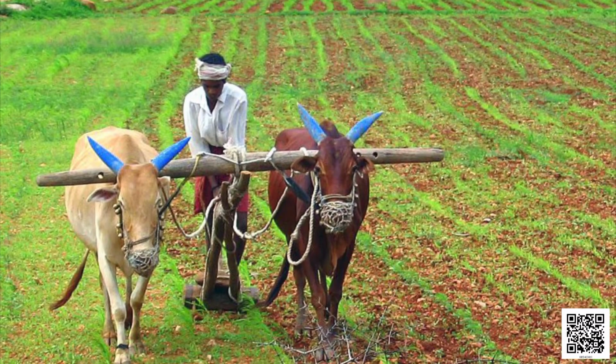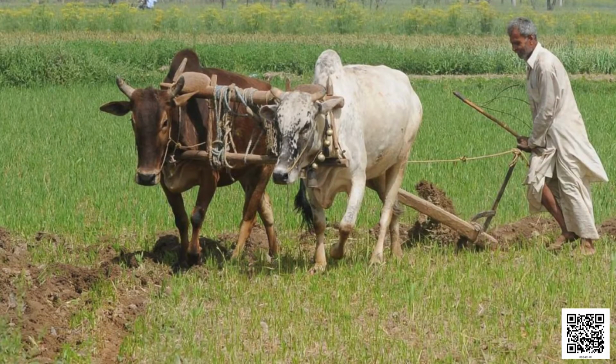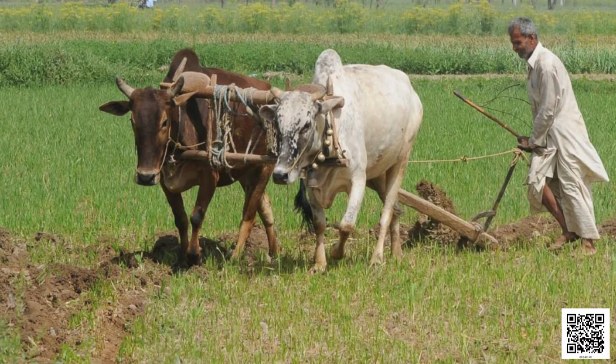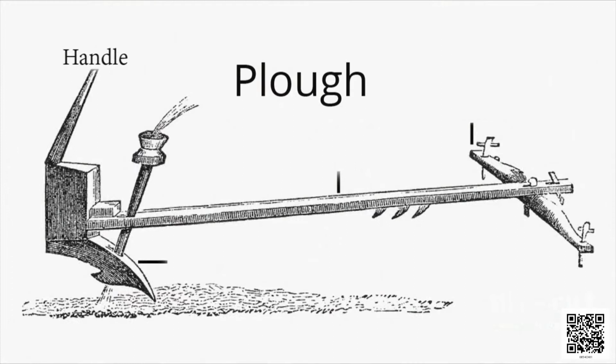The process of loosening and turning soil is called tilling or plowing. To do this work, we need agricultural implements. Earlier, this work was done by a plow. This has been used since ancient times for tilling and removing weeds. A plow is made up of wood and iron. The main part of the plow is a long log of wood which is called a plow shaft. There is a handle at the other end of the shaft.